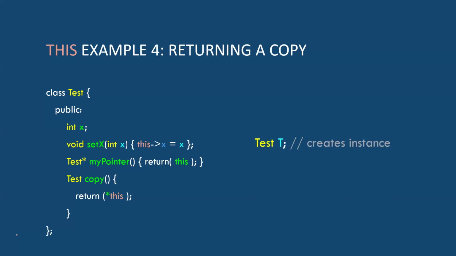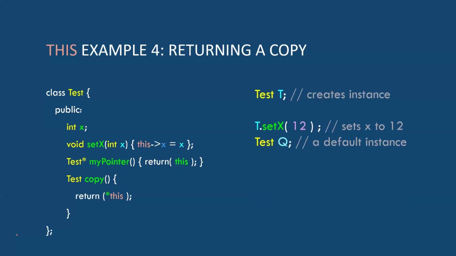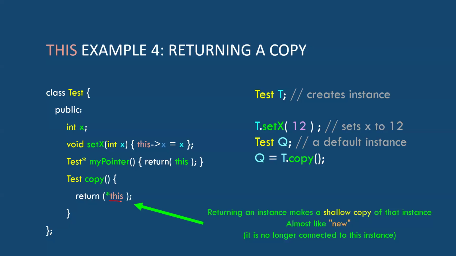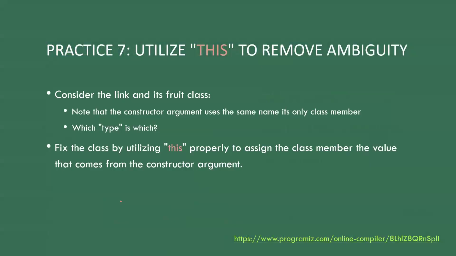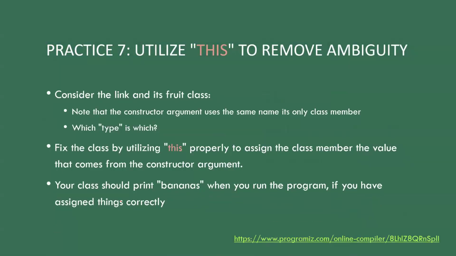We call that a shallow copy because it only really copies what the data members are in that moment in time. And we'll see what that means when we get to our homework 2, okay? Homework 2 or 3, I can't remember which one, okay? But that's an example of dereferencing this so we get a copy of it and returning that, okay? So really cool stuff.